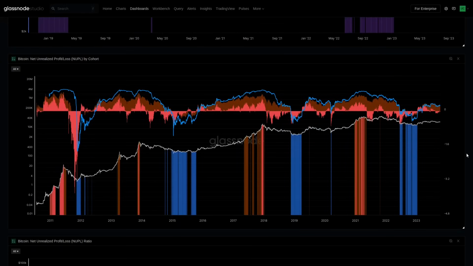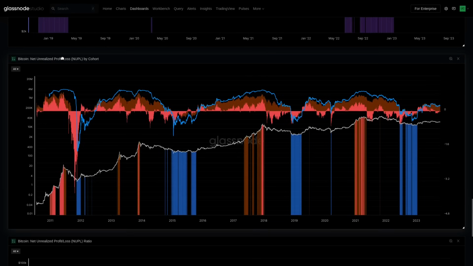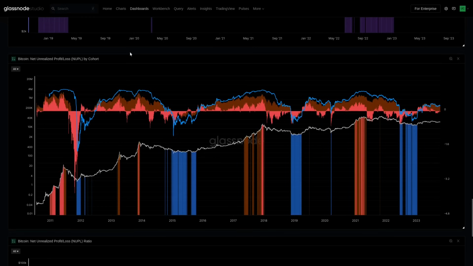Now, we're going to take those cost basis models and we can either develop something like MVRV, which just takes the ratio with price, or we can do NUPL, which is net unrealized profit and loss. It's essentially MVRV, but transformed in a slightly different manner. We're looking at what proportion of the holdings of those different cohorts are in profit or loss.